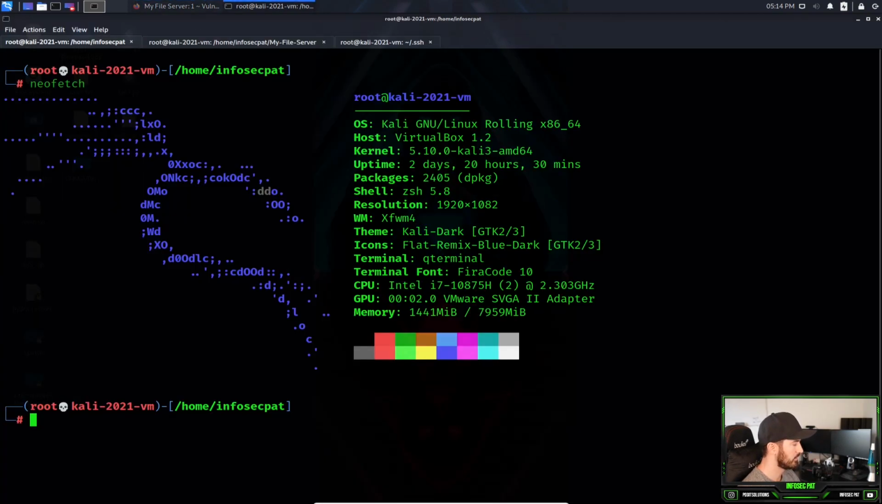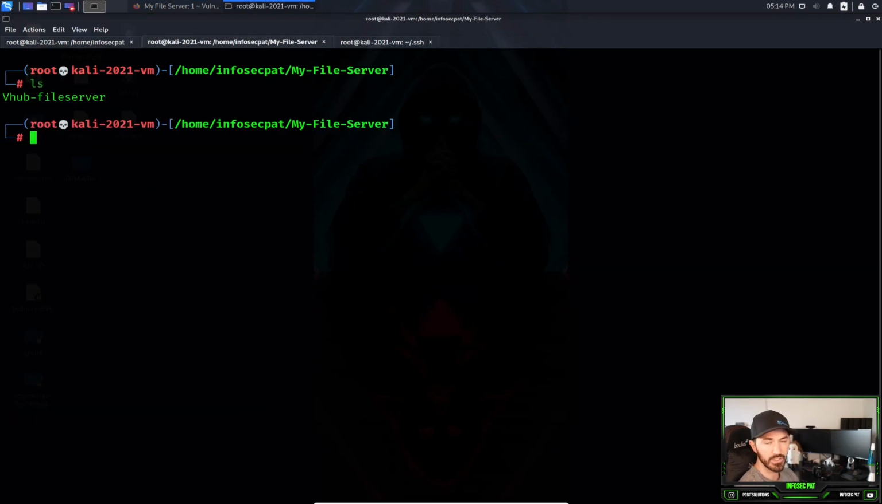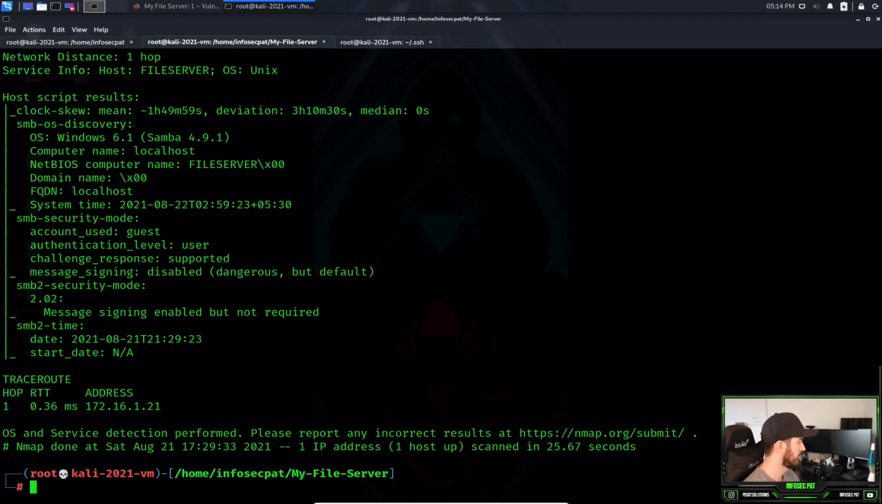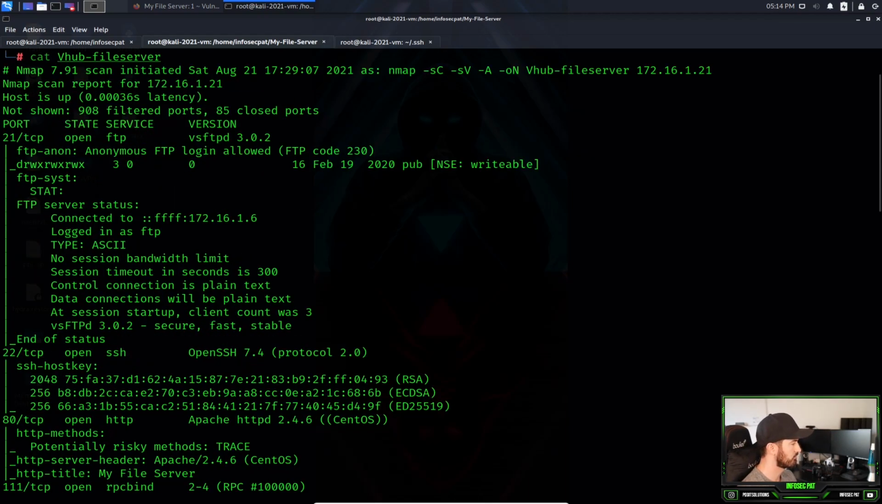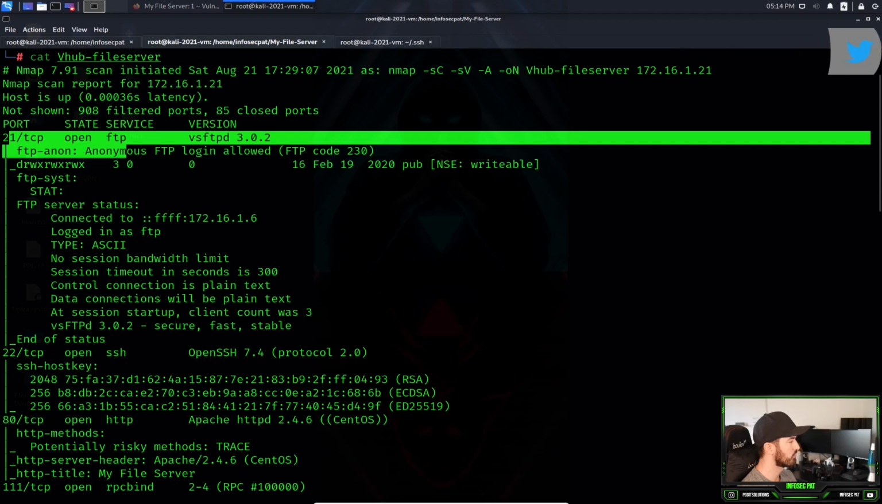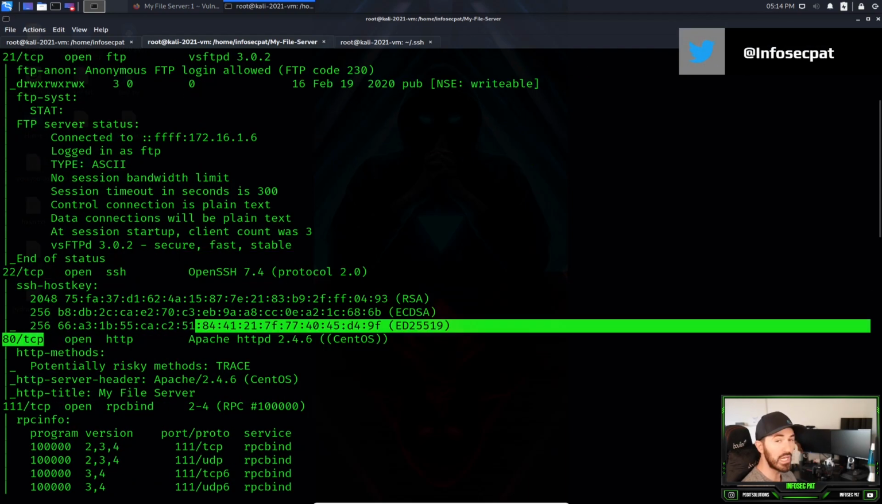Like always, I already did an Nmap scan. So if I cat vuln server, I already ran the Nmap scan, so I wanted to try to save time. So these are the results. We have FTP running, we have SSH running, we have port 80. And then what I also did,